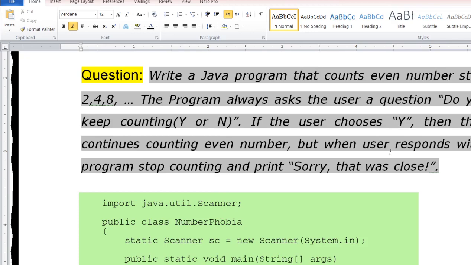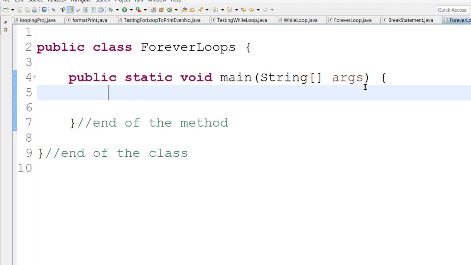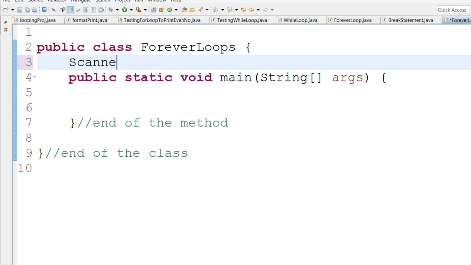But then we need a question. We need to ask a question, and the user should respond to our question. So first of all, we actually need the scanner class. You can define your scanner class because we need a response from the user. Let's say sc, user answer. Yes, and then new Scanner,